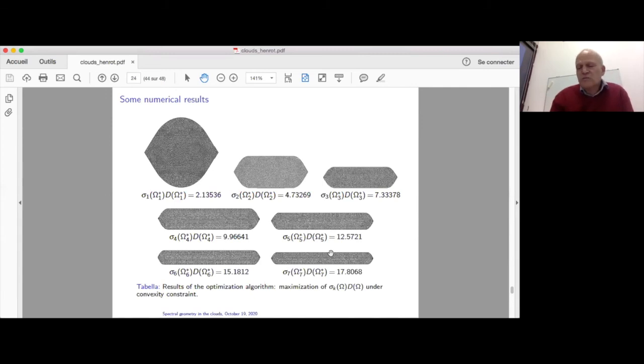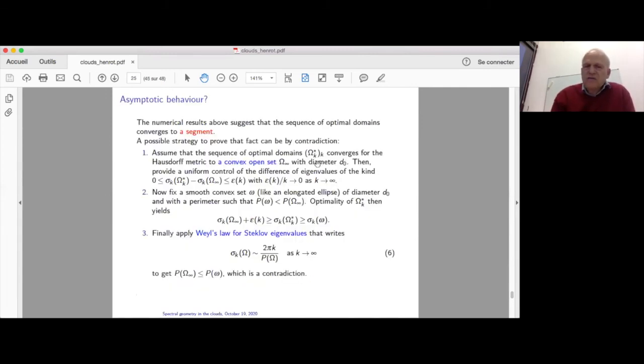If you want to try to prove it, we try to mimic the proof we did for the disk. So we take a sequence of optimal domains, and it converges to an open set. We prove it by contradiction. Assuming that it does not converge to a segment, since it is a sequence of convex sets, it has to converge to something. And if it is not a segment, it is an open set